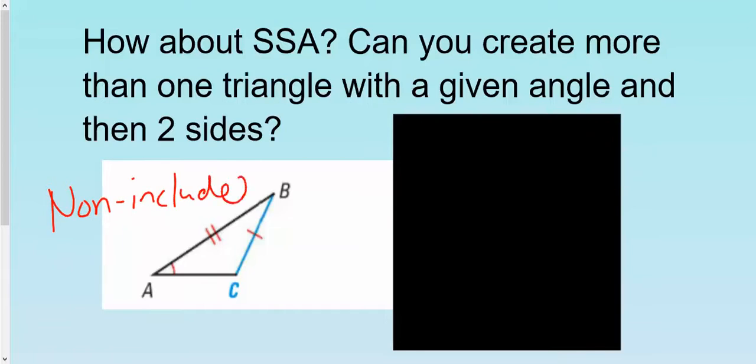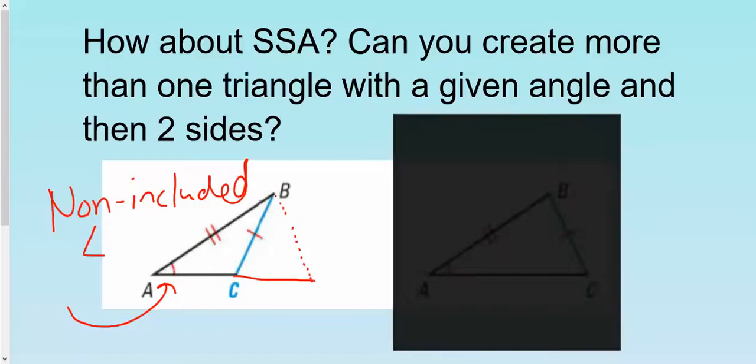And this is very difficult to show. I can show this as well in class. But the answer is yes. You can take this side length here, and instead of being there, this side length could go there, and you could extend that. So you could actually create two separate triangles